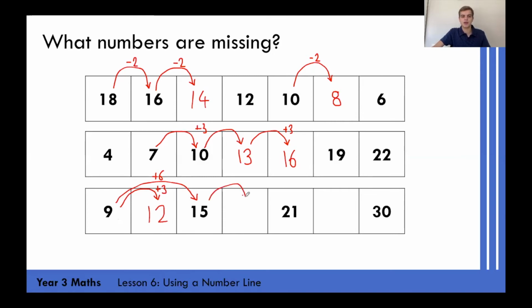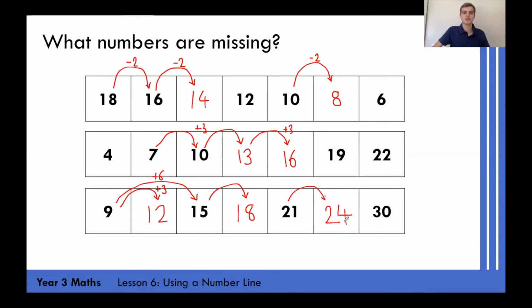We can work out these ones. 15 add 3: 15, 16, 17, 18, well done. And 21 add 3 is 21, 22, 23, 24. So we have to work out, first of all, if we're counting up or down, then we've got to